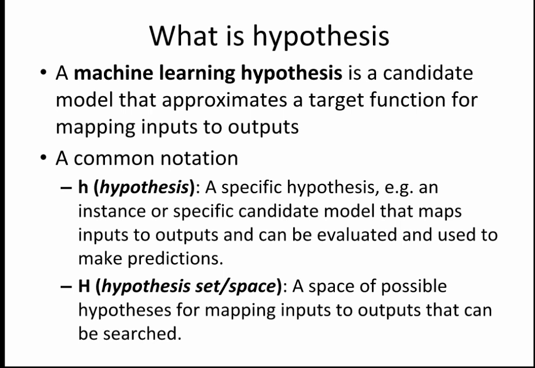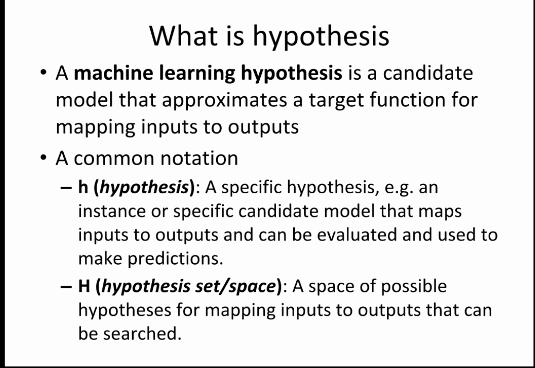And this hypothesis can be in any form. It could be in the form of rules, if and else, a mathematical function, or an equation, as you have studied in linear regression also. So these are all your hypotheses, and the set of all hypotheses that is possible for a particular problem is termed as hypothesis space. I hope this is clear to you now.